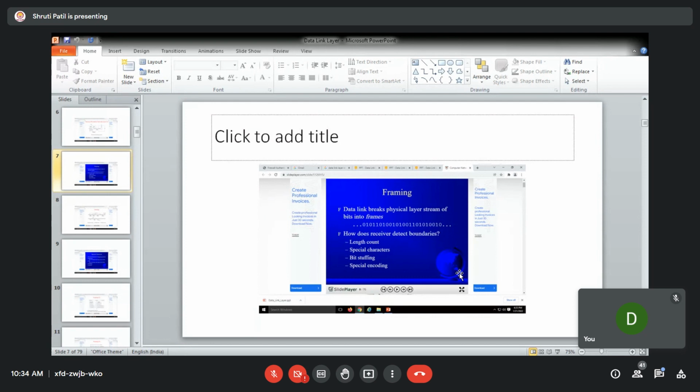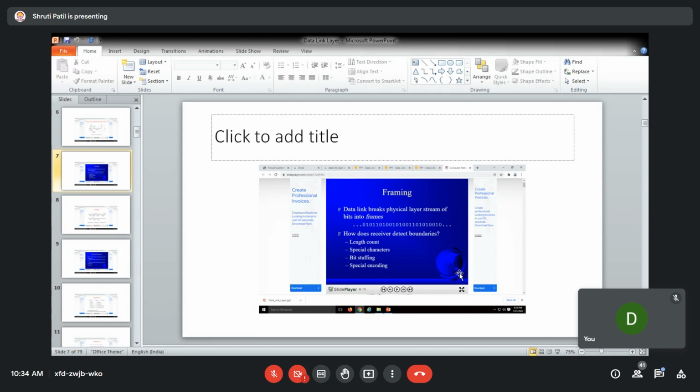Length count is the size of the frame. If a frame contains 4 characters, it will calculate that length, and the start of the frame will be the count, and accordingly that many characters will be taken as one frame. Then the next frame again starts with the character count.